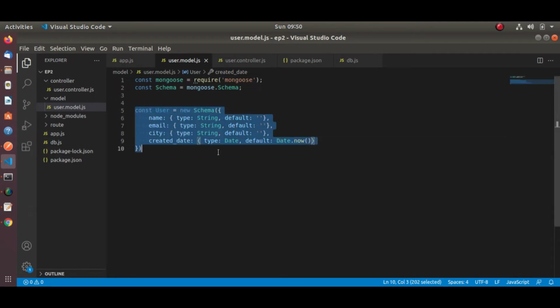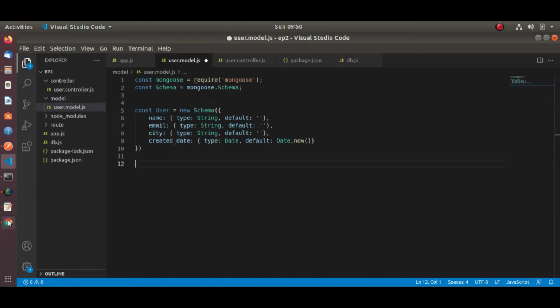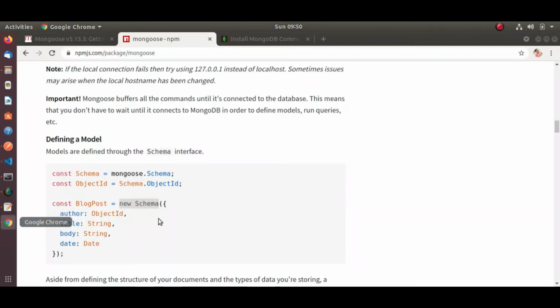So we will export this file to other files. What we have to do, let's go to the same Mongoose npm document.